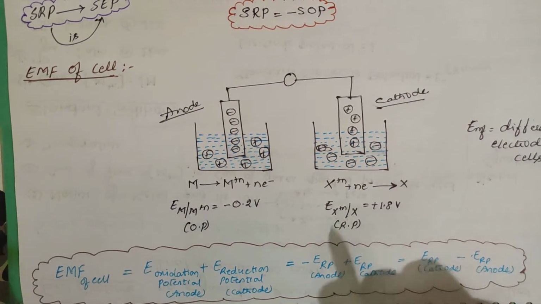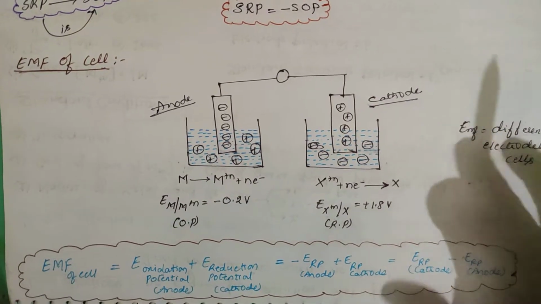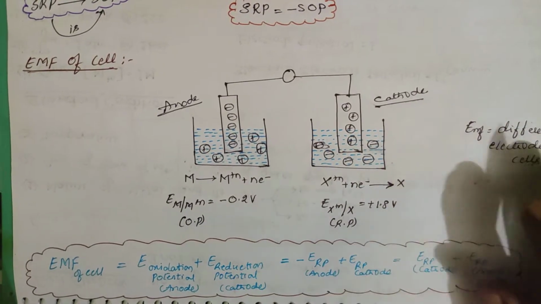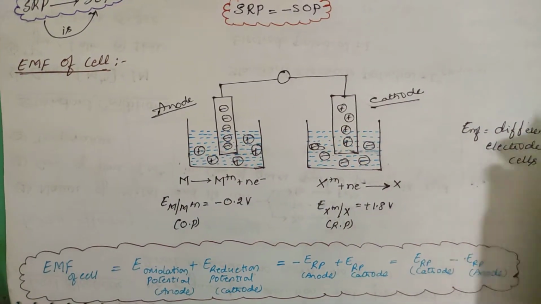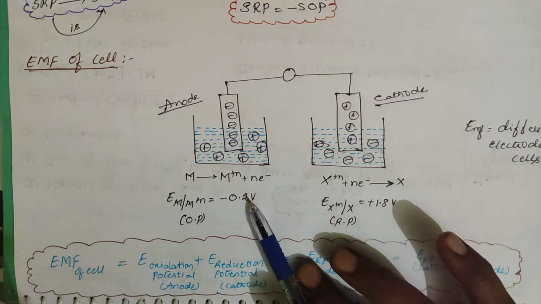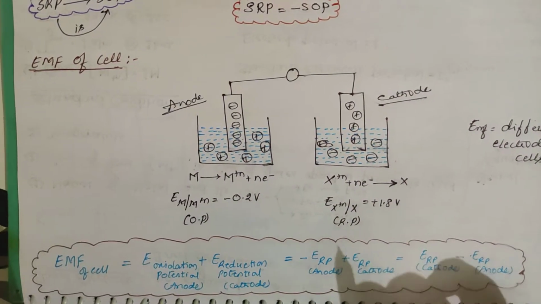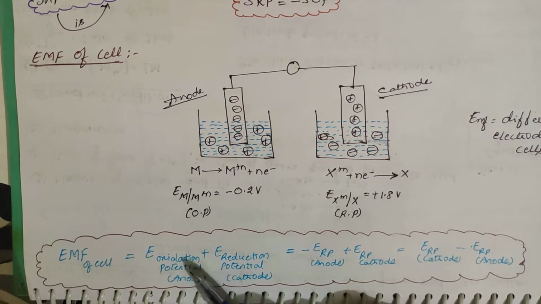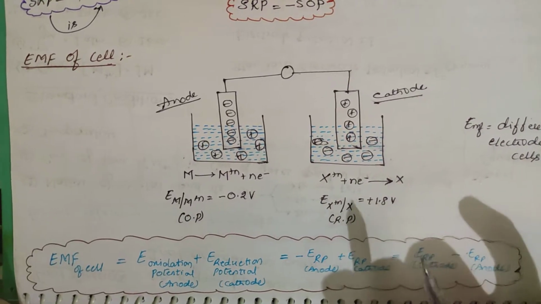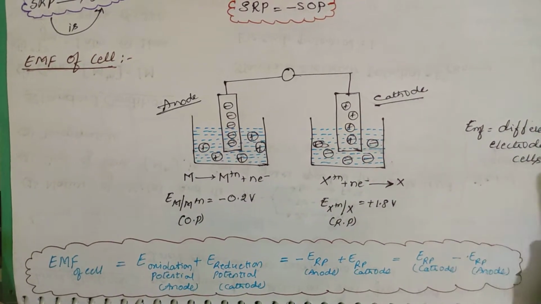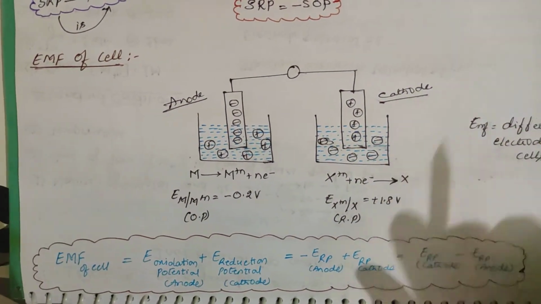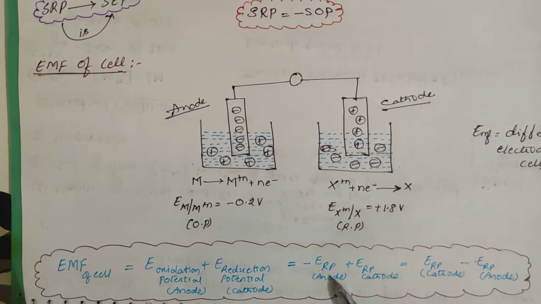Why are we taking oxidation in terms of reduction potential? Then you will get this question. IUPAC has said to take all the values as reduction potential itself. At the cathode, reduction will occur, no need to change. At the anode, oxidation will occur, but IUPAC has said to take all the reduction potential values. So whatever oxidation has occurred, you get the value, and if you put a minus, you get the reduction potential value. Again, remember, instead of oxidation, we are taking reduction potential values. Why? The IUPAC system has come to one conclusion that you take all the reduction values. Even though it is oxidation or reduction, don't bother about that. You convert the oxidation value into a reduction value, and the reduction value stays as the reduction value itself. So that you get this condition.